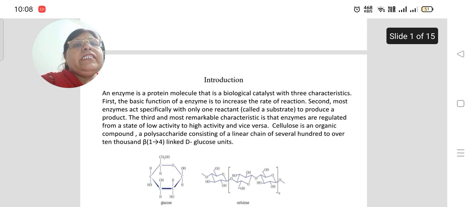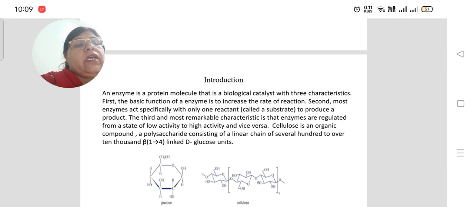Introduction. An enzyme is a protein molecule that is a biological catalyst with three characteristics. First, the basic function of an enzyme is to increase the rate of reaction. Second, most enzymes act specifically with only one reactant to produce a product. The third and the most remarkable characteristic is that enzymes are regulated from a state of low activity to high activity